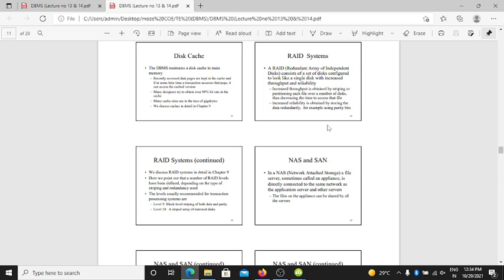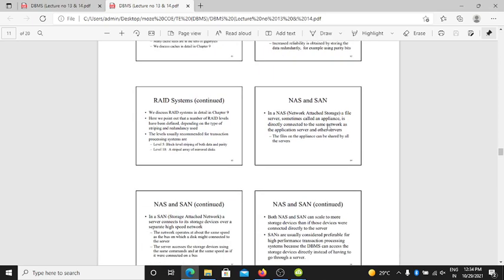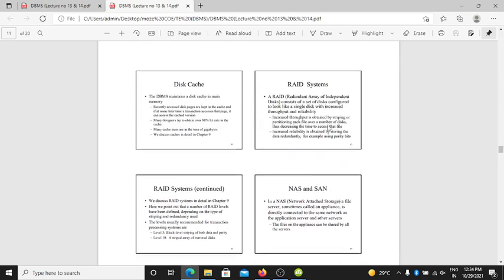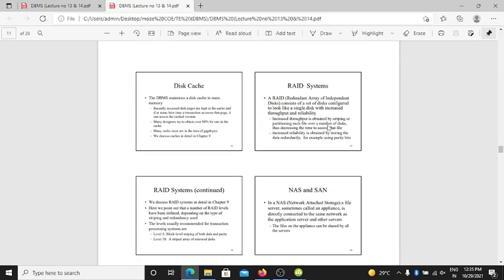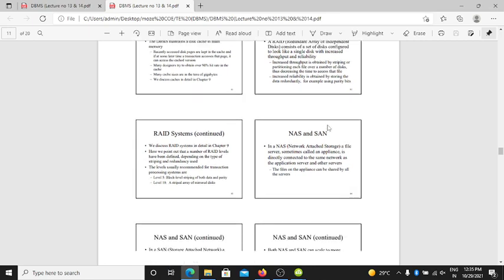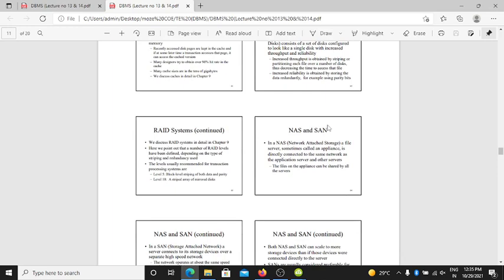Next is the RAID system continued. You all know the full form of RAID, redundant array of independent disks. We discuss the RAID system in detail in chapter number 9, but here we point out that a number of RAID levels have been defined depending on the type of striping and redundancy used.